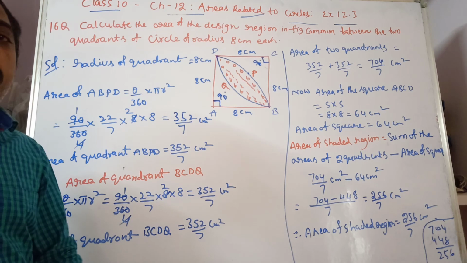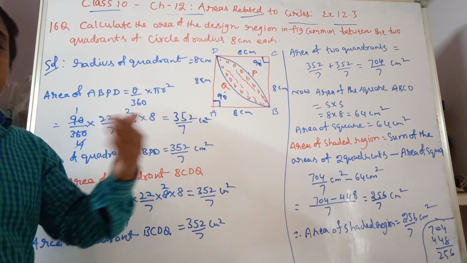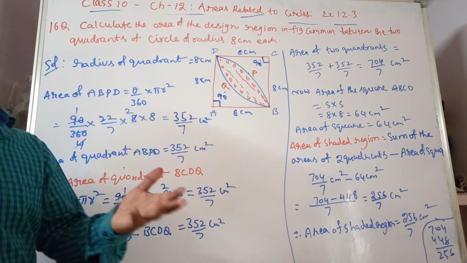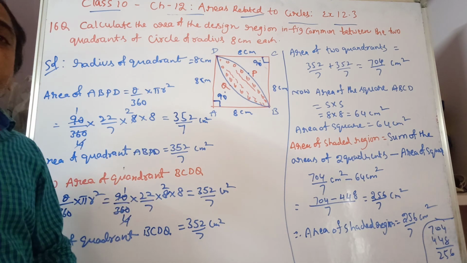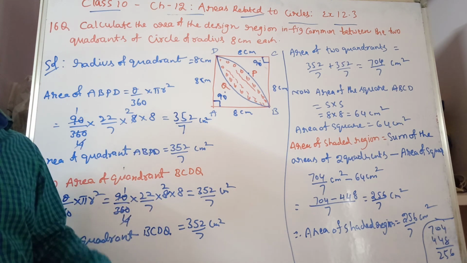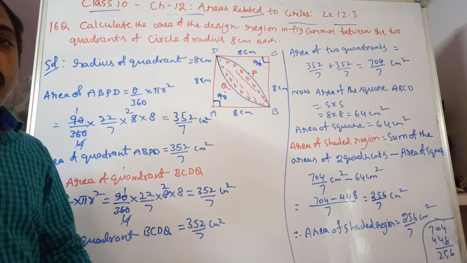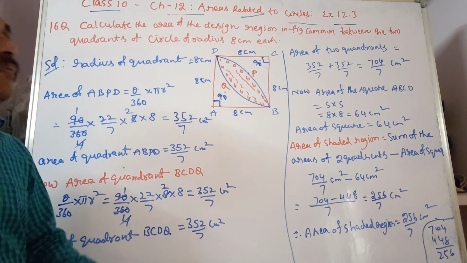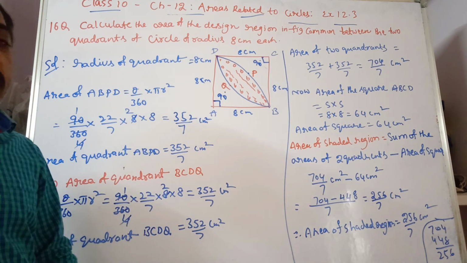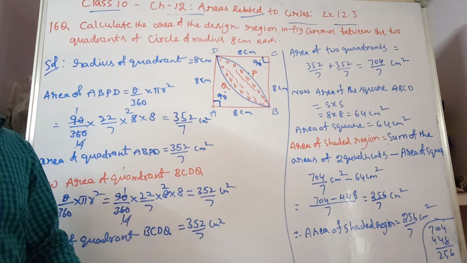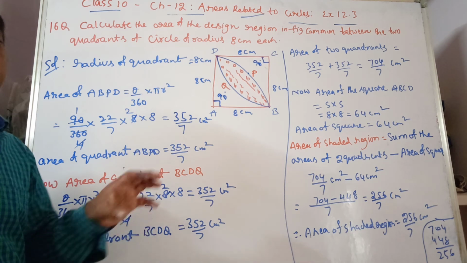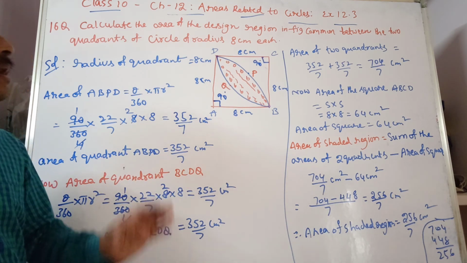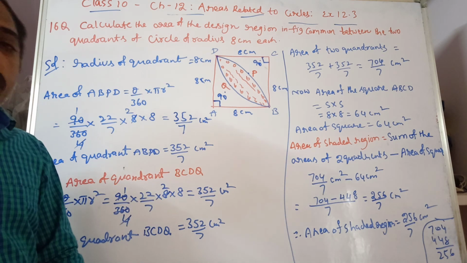To find area of the segment, we discussed area of the sector minus area of the triangle. So if the triangle is normal, half into base into height, and if it is an equilateral triangle, we use the formula root 3 by 4 into a square, where a is nothing but side of the triangle. Then we found areas of the combination of figures. In that, what are the combinations? Circle, square, triangle, these are all. So with this, the concept of areas related to circles is completed.